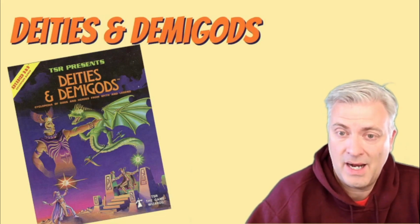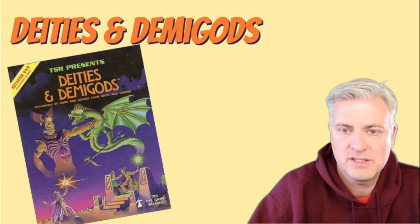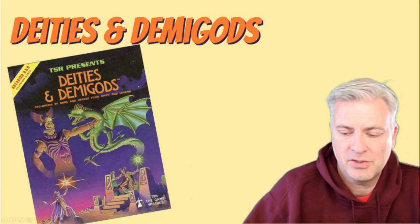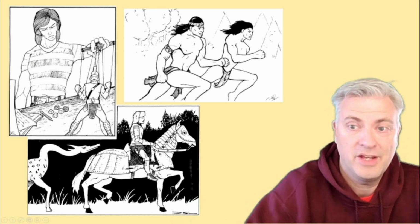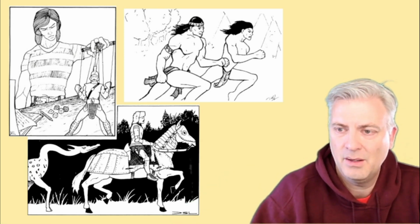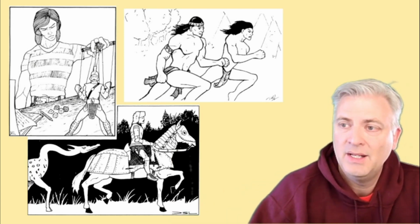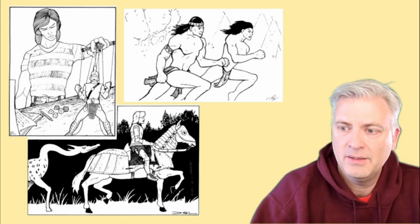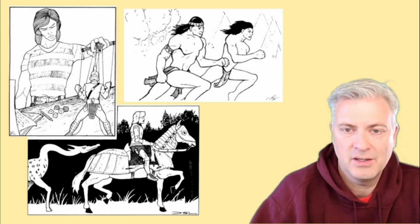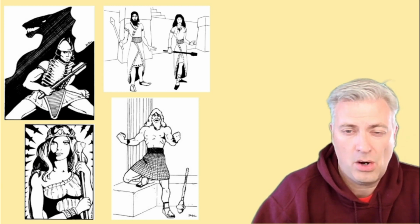Then Deities and Demigods, he does a lot of work here, and we'll take a look at several of these pantheon illustrations he did. So he's got this one in the introduction, sort of breaking the fourth wall, a player holding his character, right? He did an illustration for the Native American, and another shot here for the Arthurian, and then several, and maybe all of the Babylonian